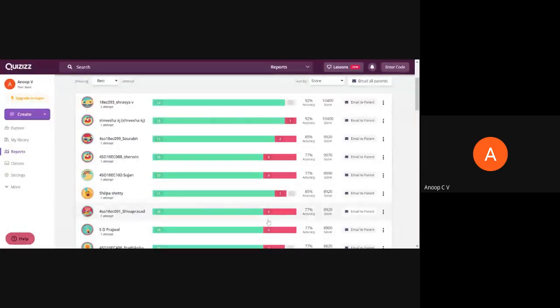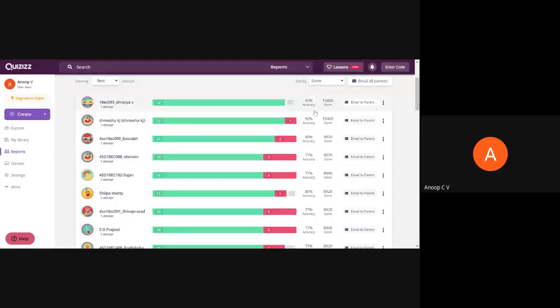So I'm sharing the result of today's quiz, right? I'll read out the first five, but others, please don't feel bad, right? The aim of conducting this quiz was to make you recollect some of the basics which you are supposed to know, right? If you have made a mistake in this, feel happy, as it gives you a chance to learn it, right? So today's topper is Shavya V, right?